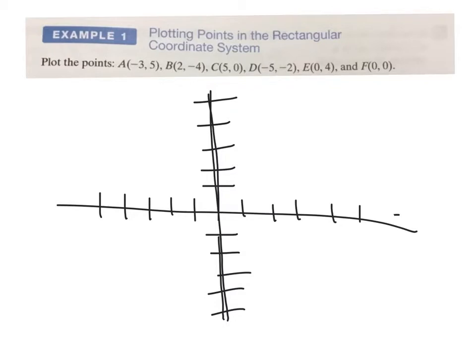So if we're going to plot the points, let's start with the first one. We're going to go to the left 3 spots, and then up 5, and we have our dot. If we are going to do the next one, we go over 2, because it's the first number, and then we go down to the 4, and we have our dot there. The second one. Looking at our third one, we go to the right 5, but we don't go up at all. So our dot ends up right